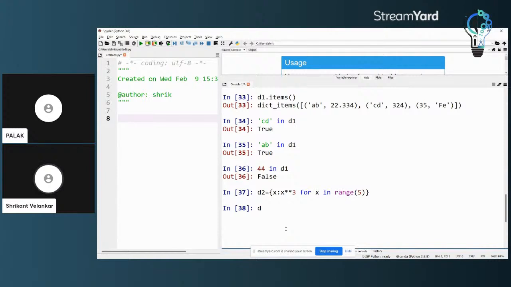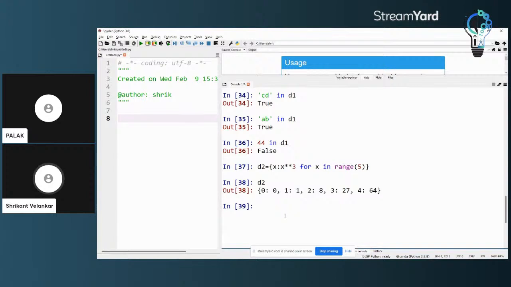Okay, so let's see what D2 is. You will see that x is a key and x cube is a value. So it says 0:0, 1:1, 2:8, 3:27 and 4:64. These were the cubes which were generated. This is a very easy example of where a dictionary comprehension works in a fashion very similar to list comprehension.